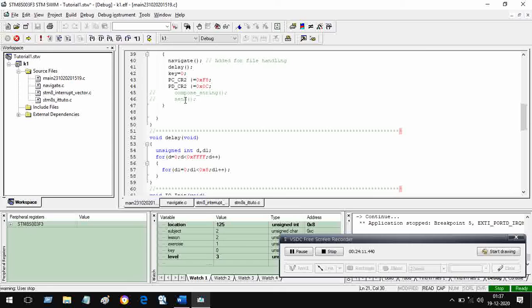Then what else is there? Here I have written this, but there is nothing inside it. I change the delay. Now the delay is a fixed quantity. It should be enough, and it is at 2 levels. You can read what this is like. So D goes from 0 to FFFF, which is 65,535.